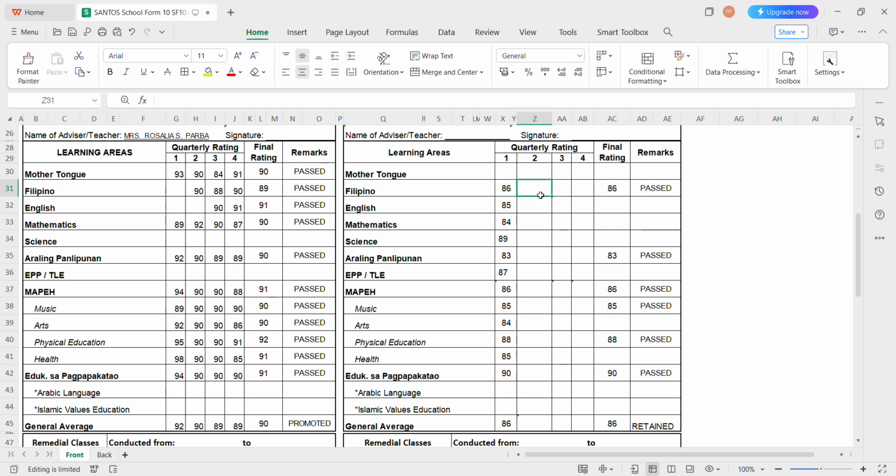For the second quarter, then the third quarter, and the fourth quarter.